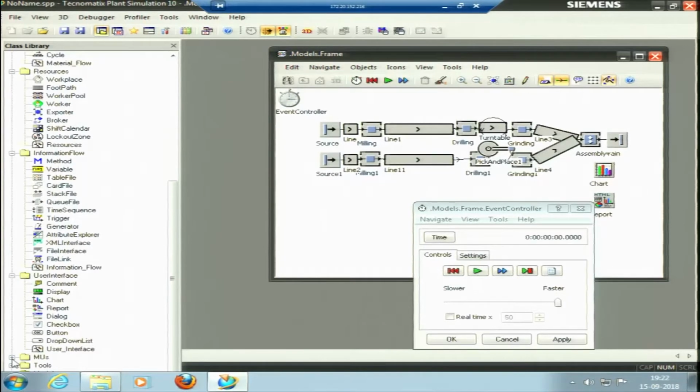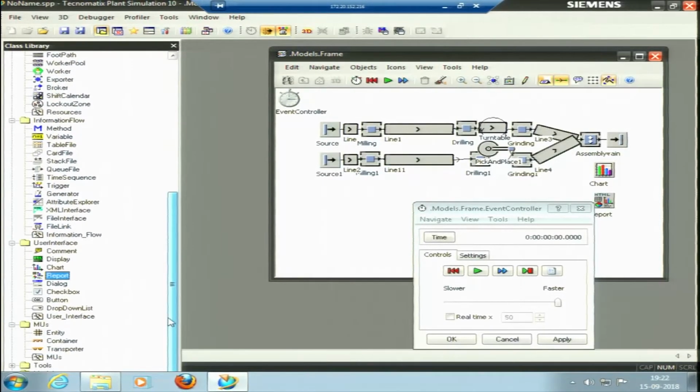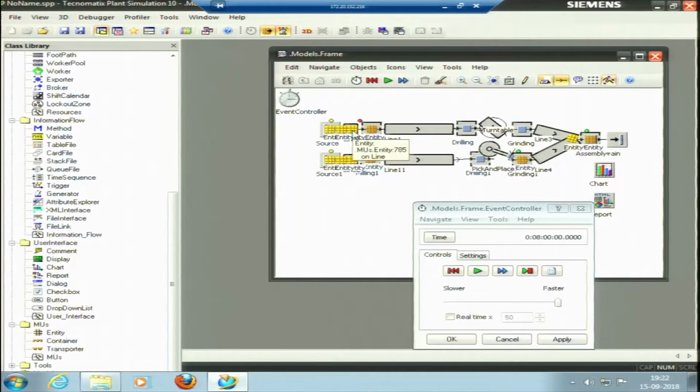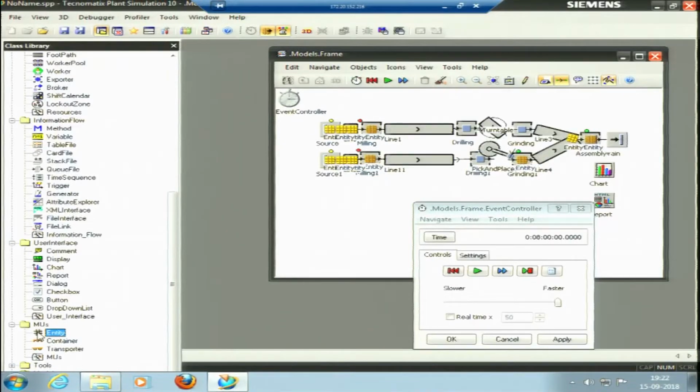So, next, okay, these mobile units are there. Mobile units, the units which are being used, are entities. If I name this, these yellow PCs, these are entities. Okay. So, similar to entity we have a container. Container has a capacity. For instance, from the conveyor we are not taking one mobile unit, a conveyor is taking a container which is containing a few mobile units, or few entities actually. So, this entity here is just a block, just a box. The entity can be the car that we just saw in the car body simulation model.